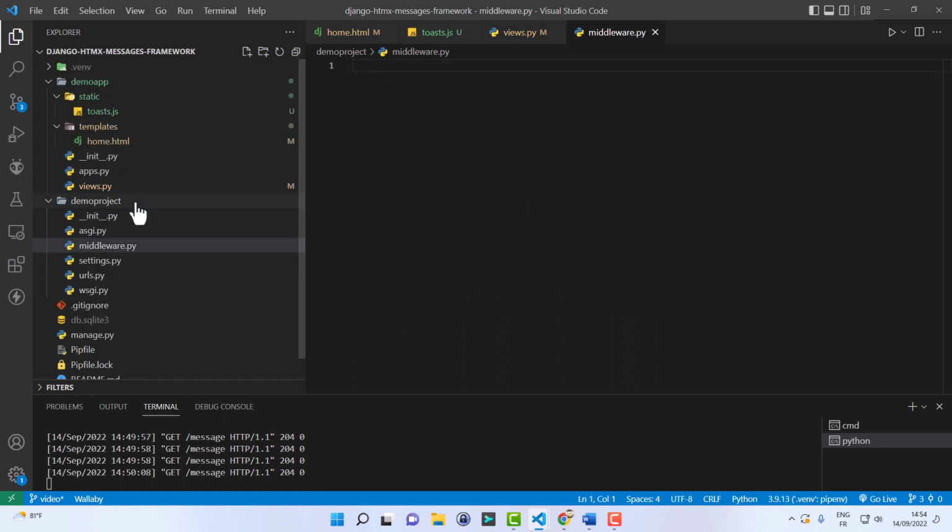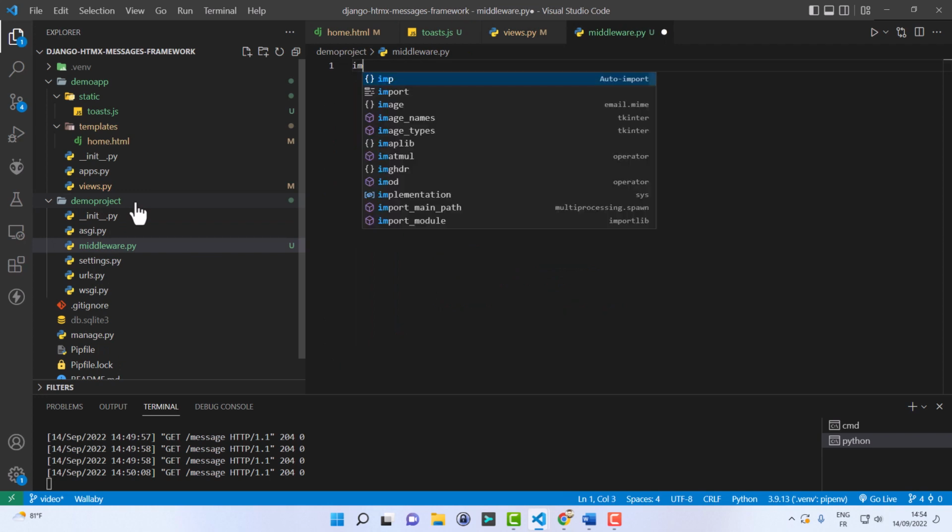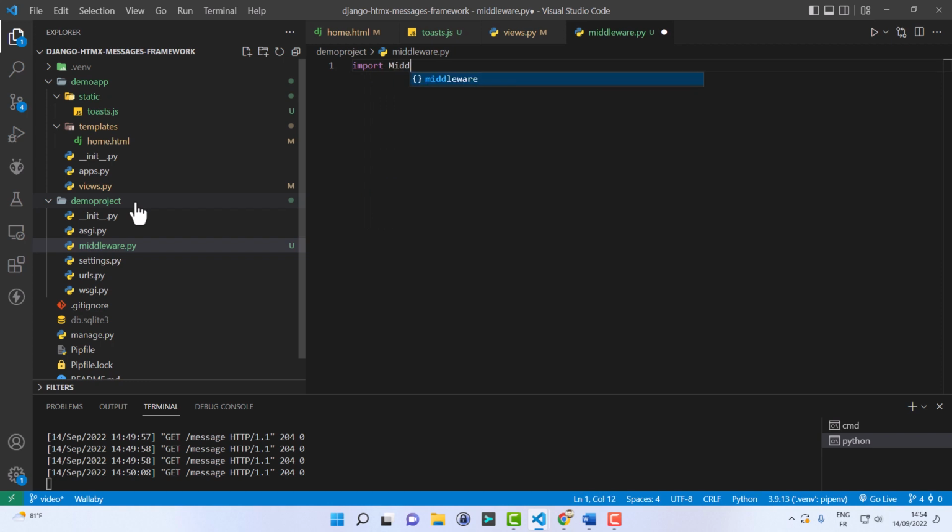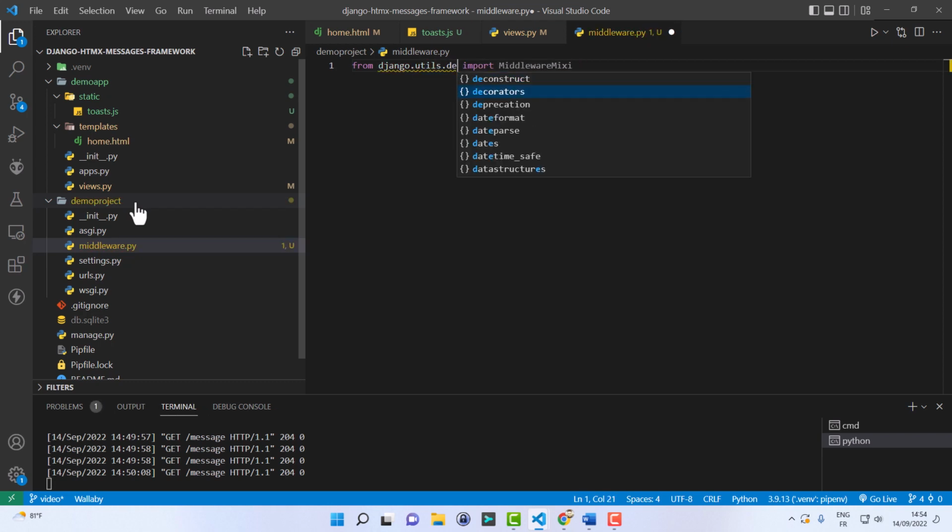middleware.py. As far as I know, the easiest way to create a middleware is to import the MiddlewareMixin, and this is placed in django.utils.deprecation.